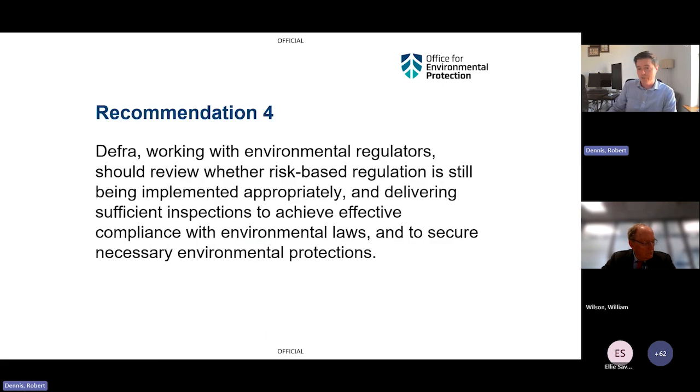So the question arises, was that intended under risk-based regulation, that you would essentially end up with portions of the regulated community who simply don't get inspected at all? Another question that arose was, to what extent are other factors starting to influence how much scrutiny is being given to certain permits, for example? So, for example, we are really conscious that resourcing is a major issue. To what extent is resource-based regulation starting to influence how much scrutiny is being directed and where it's being directed?